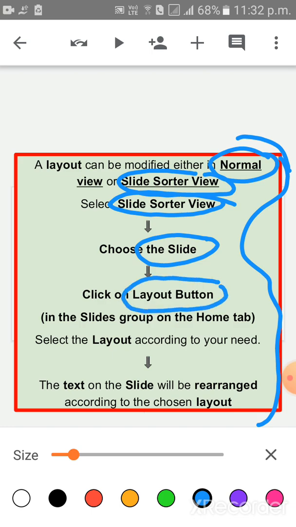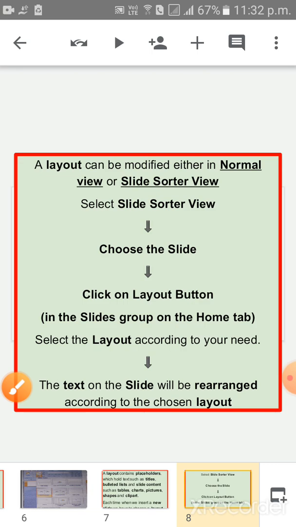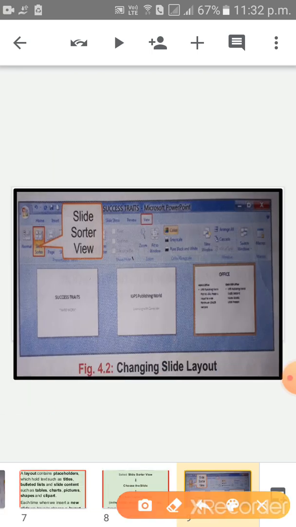It is available in the Slide group on the Home tab. Now children, select the layout according to your need. After selecting the layout, the text on the slide will be rearranged according to your chosen layout. Understood? Clear?